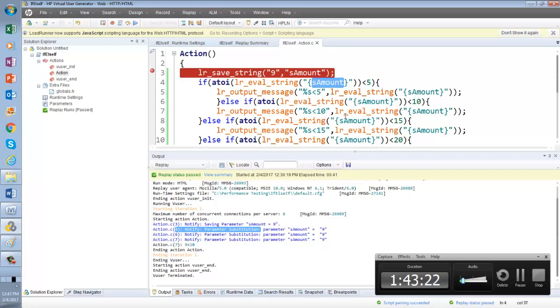No. So every time it will say substituting parameter with 9. So what is the benefit that we are getting there? The benefit is, when you are executing a lot of times, when you do scripting, you will see you are getting an unexpected result or your request is not passing. Then you can see what is the data you are using in that request from the log.